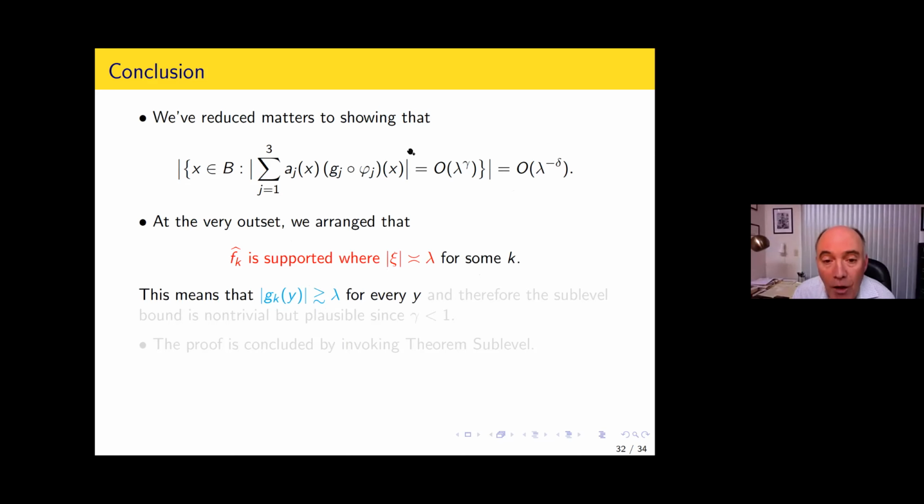So one of my functions g_k is pointwise large. And now the terms on the left-hand side are large, roughly of size lambda. The exponent gamma is strictly less than 1. So this becomes a non-trivial inequality. I'm taking a linear combination of things, one of which has at least size lambda. I want that sum to be much smaller than at least the largest term. So that is in principle a non-trivial thing. We can hope to have a bound for the sublevel set. And indeed,